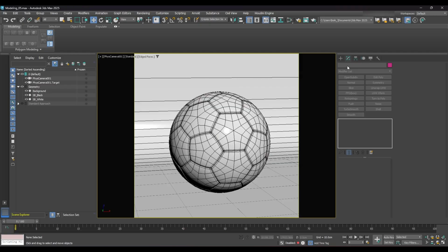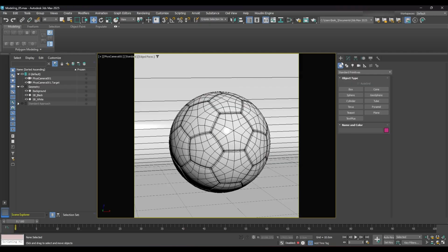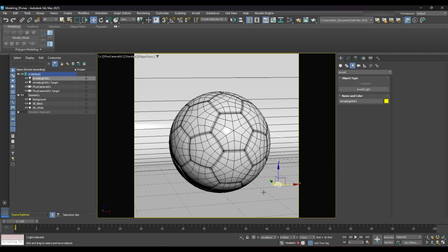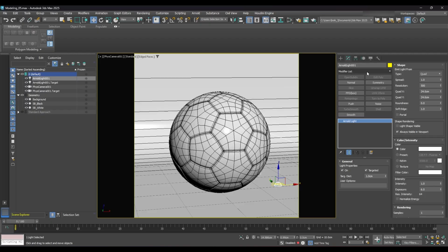To add light, go into the create panel in the light bulb right here. From this list, choose Arnold, click on Arnold light, click somewhere in the viewport, and right click to disable them. Now we're going to go into the modify panel, and the first thing I want to do is a sky dome light. So we're going to rename this one to sky dome,